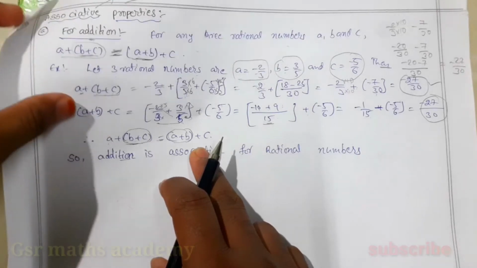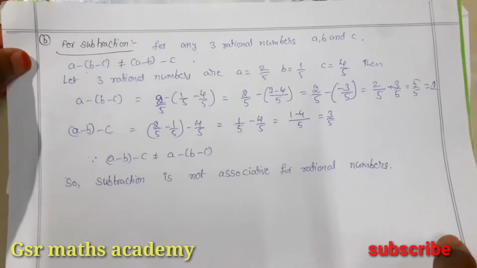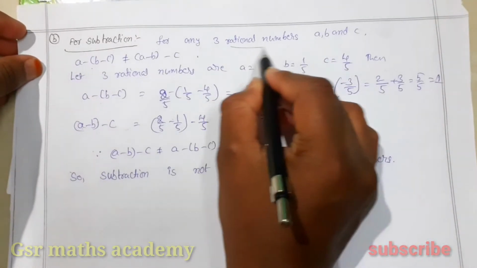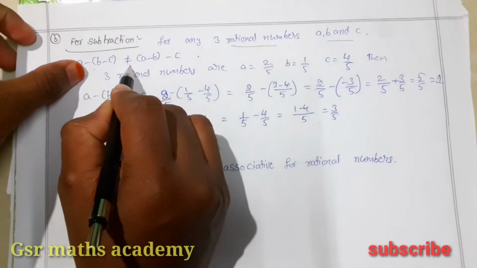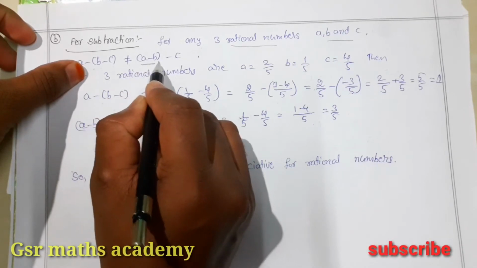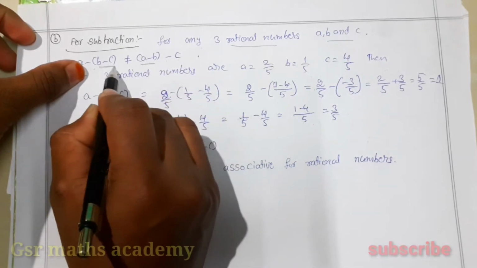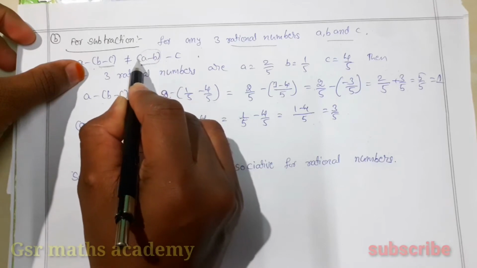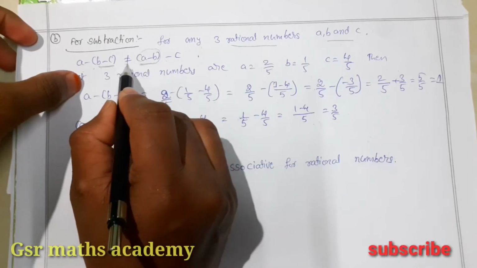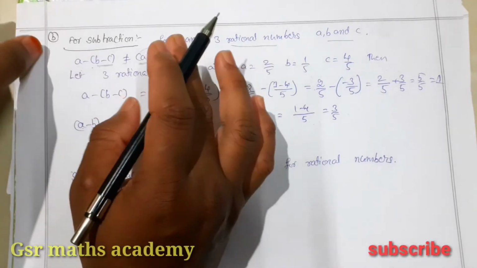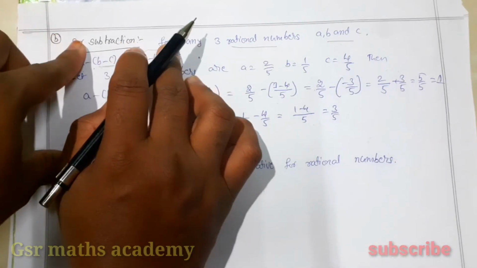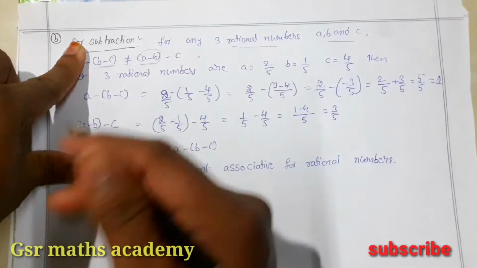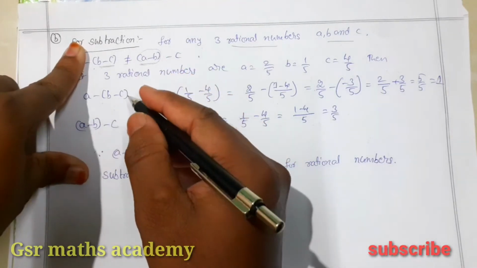And let us see about subtraction. For any three rational numbers a, b, c, a minus (b minus c) is not equal to (a minus b) minus c. That means if you change the group of the numbers while performing the subtraction, the result will not be the same. If the result is not the same, then we can say that